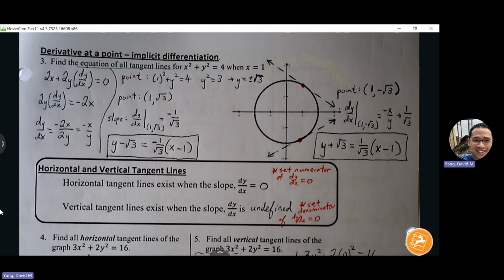So if the problem ever asks, find the horizontal tangent, you're going to find the derivative and set the numerator of the derivative equal to 0, and that will help you find the location. If you want to find a vertical tangent, you're going to find the derivative, locate the denominator variable, set that equal to 0. Now, what if there was no denominator variable